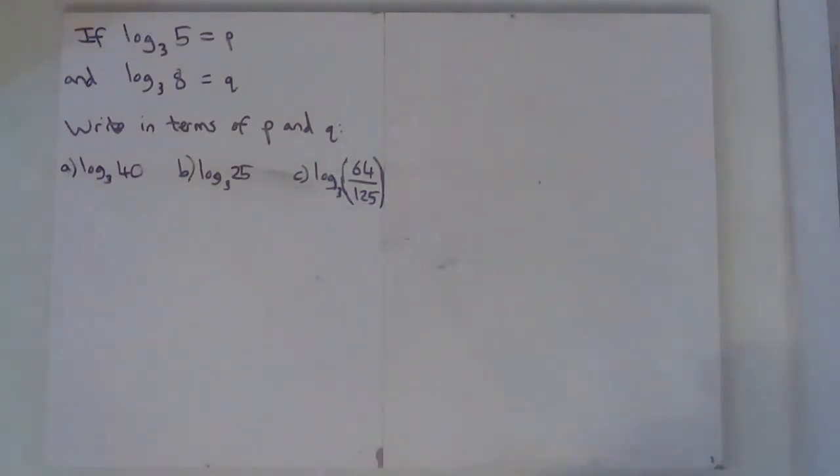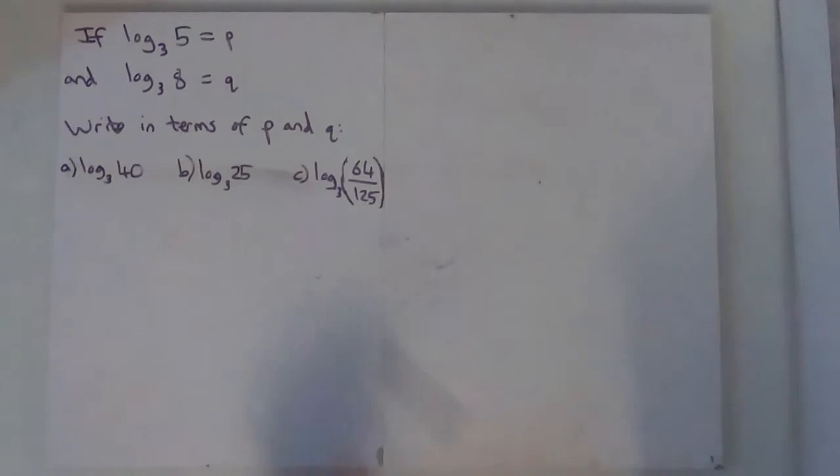So, if log base 3 of 5 equals p and log base 3 of 8 equals q, write these in terms of p and q. So log base 3 of 40, log base 3 of 25, and log base 3 of 64 over 125. Now, just